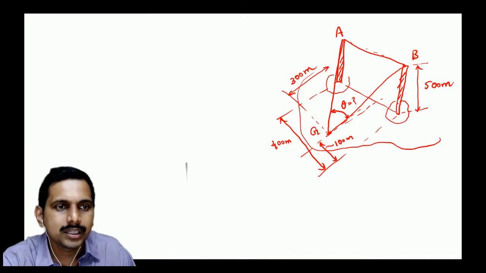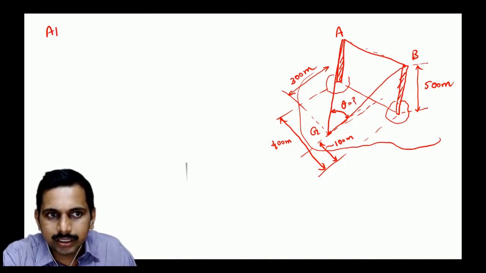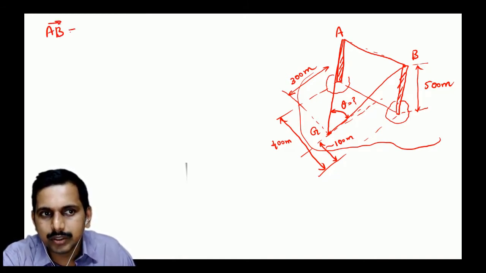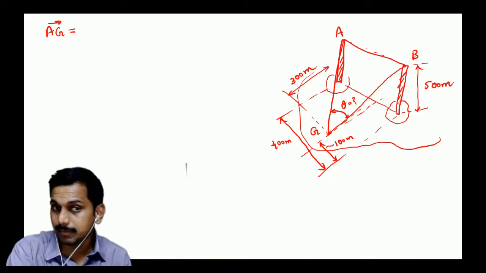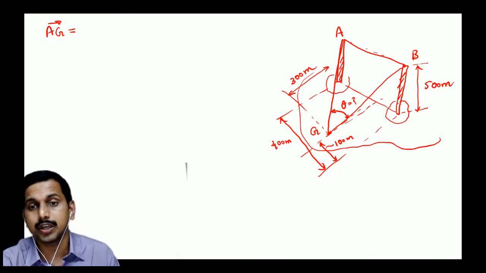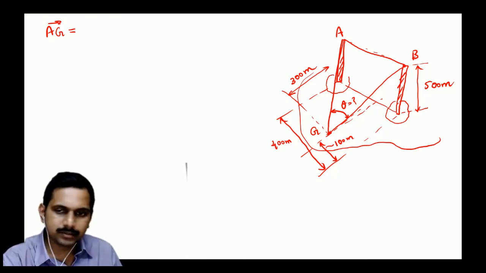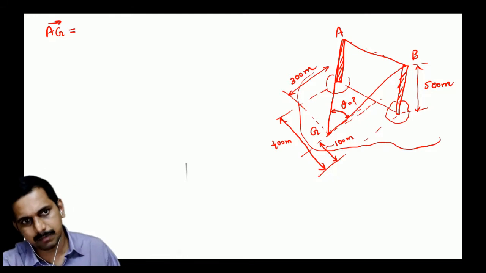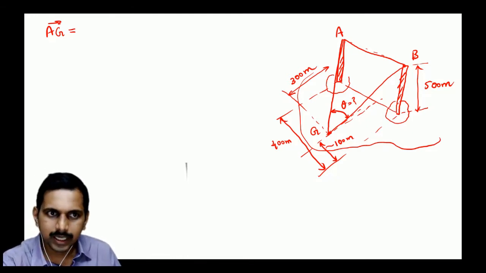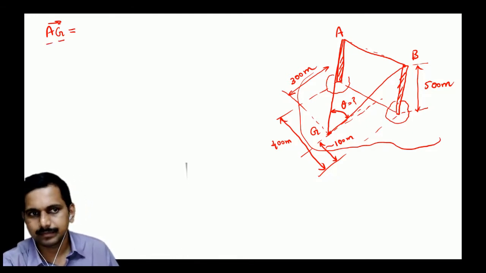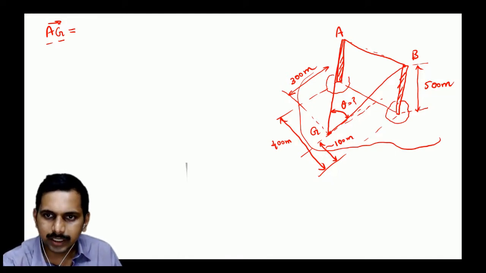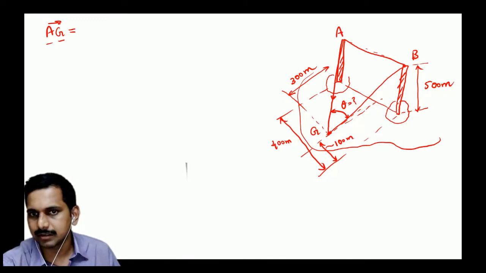First find out the vector AB, then we will find out the unit vector AB. Not AB, AG, I'm sorry, AG. Can we find out AG? I will tell you some tips also here where you can go wrong. So can you tell me what is the AG vector? AG vector means G minus A, correct? And minus this. The AG vector is going in this direction. So we have to be consistent in our direction.